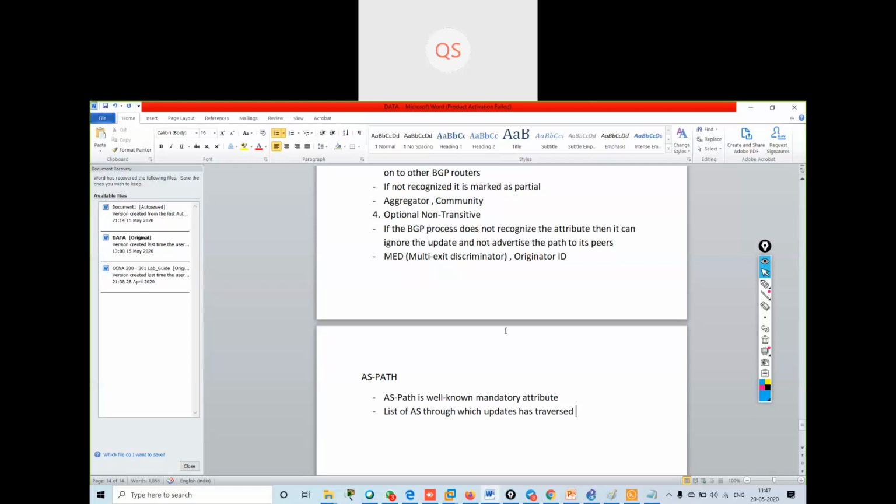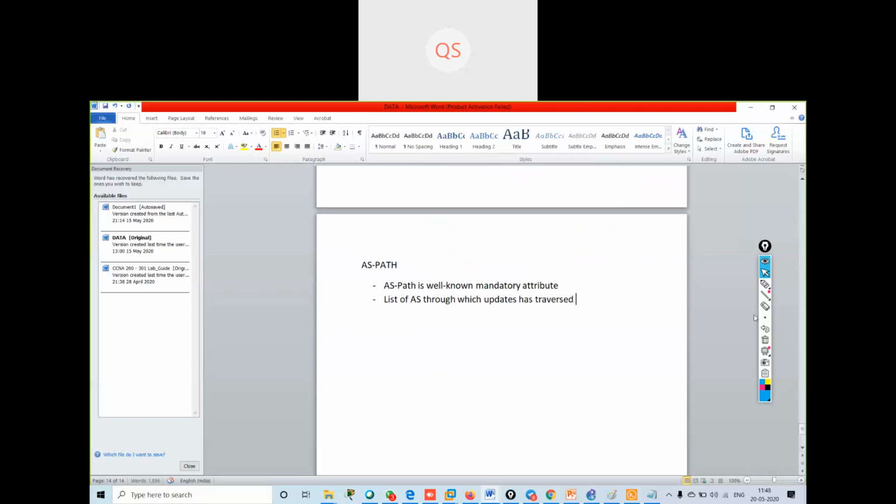If you remember, previously when we were learning BGP, I showed you an example where I have multiple autonomous systems connected with each other in this way, with 500 over here, 600 over here, 700 over here, and 800 over here. The AS path is a well-known mandatory attribute.